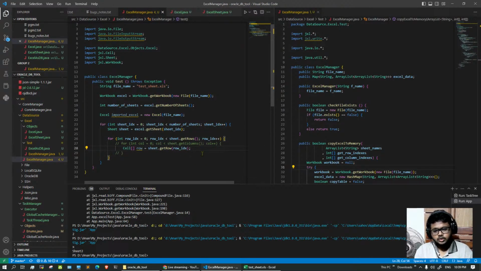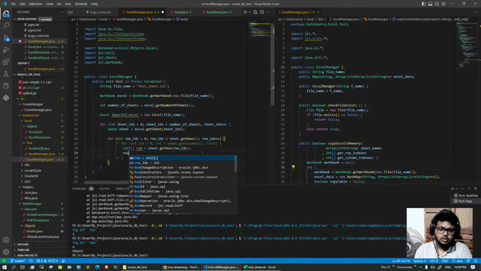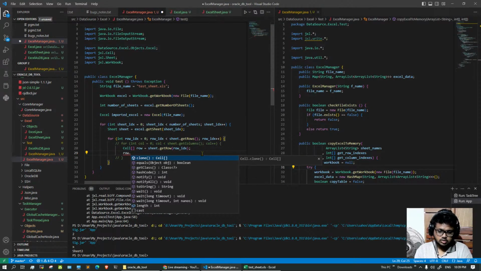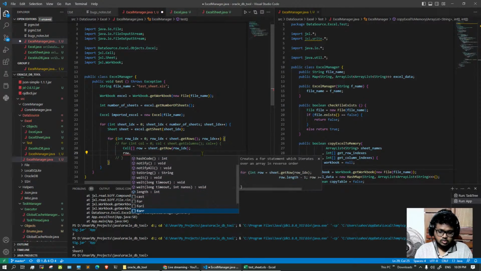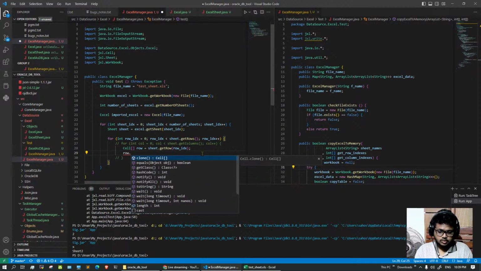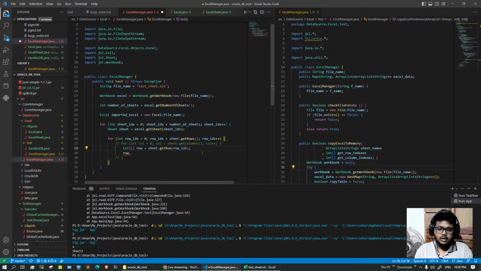So what does this offer? Row dot length, so how many? Yeah, and I actually don't need this. Okay, so I have the row, so I just simply convert that